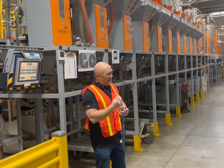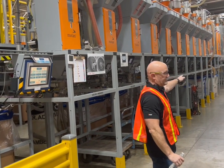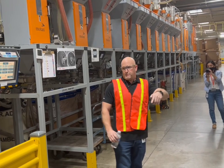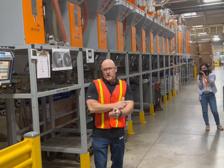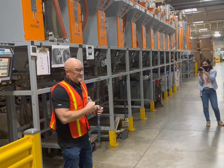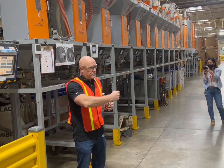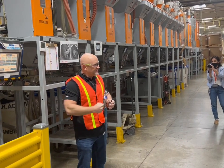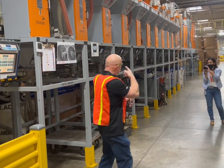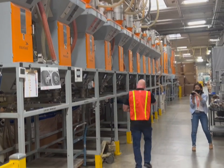So the materials matter. It also matters how we dry the material, how we mix the material. If you don't do that correctly, you're gonna get a part that's not consistent. When I walked in here, we had people literally with a broom handle mixing material. Can you imagine how accurate that is in a big bin? Trying to mix in 2%, 3% material? I couldn't believe it. So, first thing we did is initiate this Motan system. What this is,